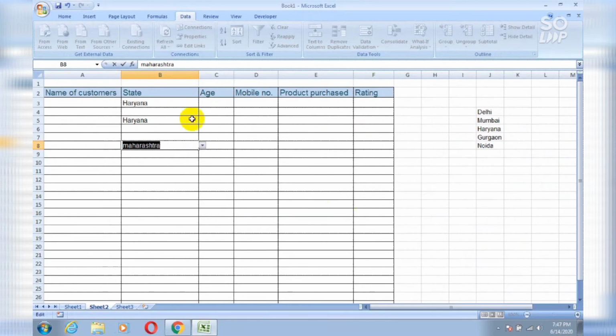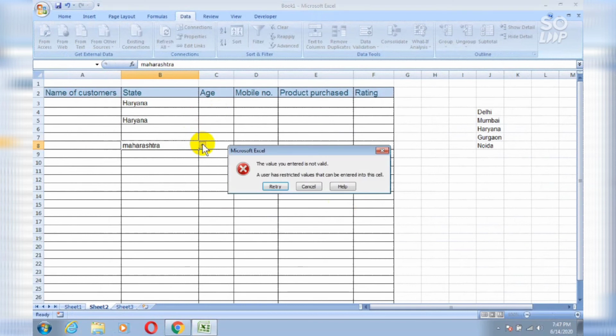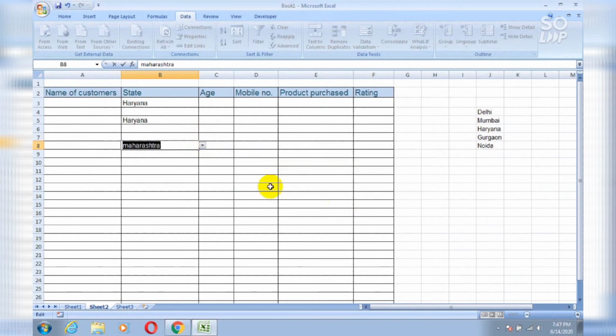So here as you can see that it won't accept my state because I can select only these 5 only. So simply click on retry and then again select the states whatever you have in your drop down list only.